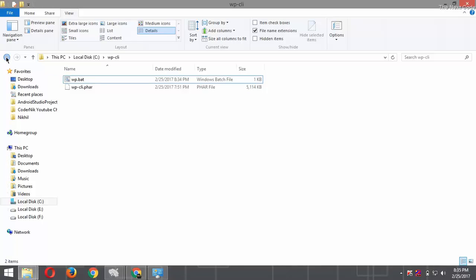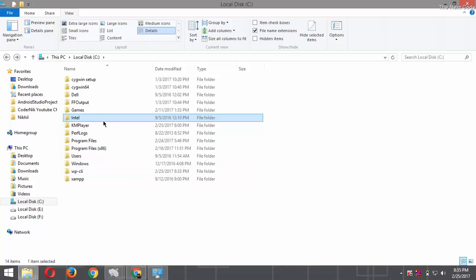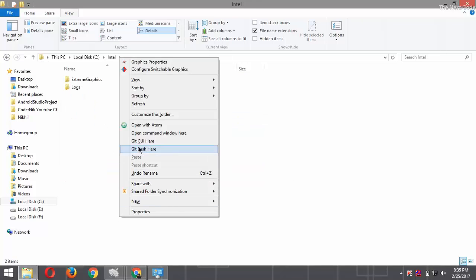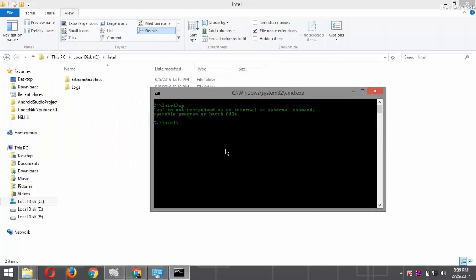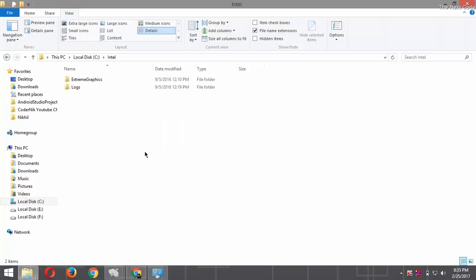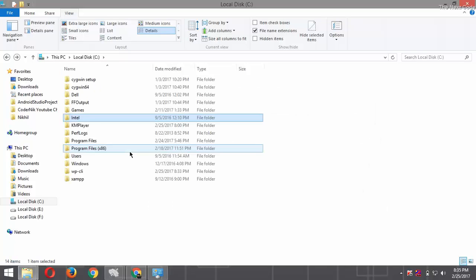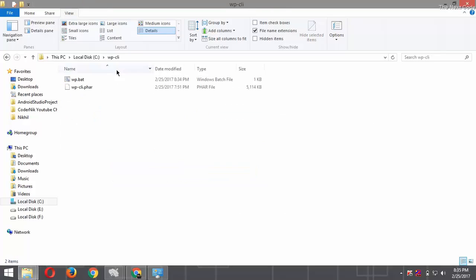Now, suppose I want to use this library over here. You will see this error if you use it. So, to make it global, we need to add this path into environment variables.